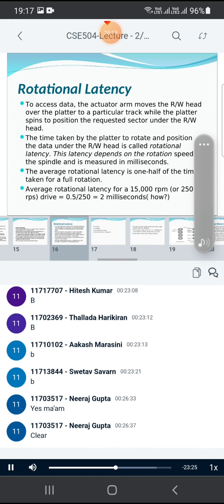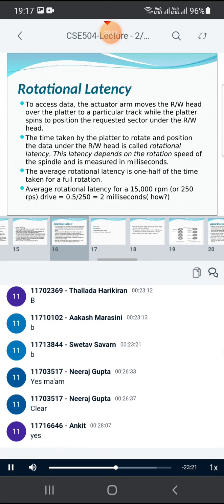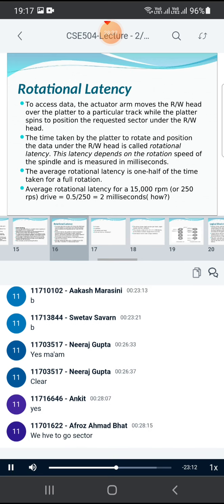Should I repeat what I am asking? My question is, in seek time we have discussed that the head moves from outermost track to innermost track and innermost to outermost for locating the particular track where the data is lying. And then once the head got the particular track, our search will not finish over there because we need to locate the sector as well. The head is just finding out the desired track. On a track we can have a number of sectors. We need to locate a particular sector also in that track. And for locating that particular sector we need to rotate the disk. The head can only move back and forth. It can just move from inwards to outwards, outwards to inwards, right?